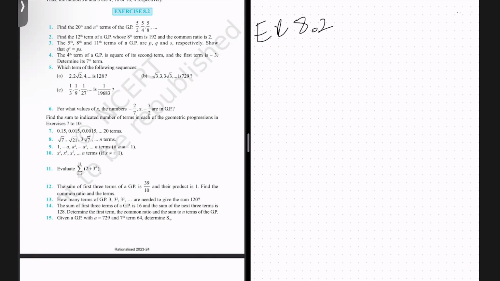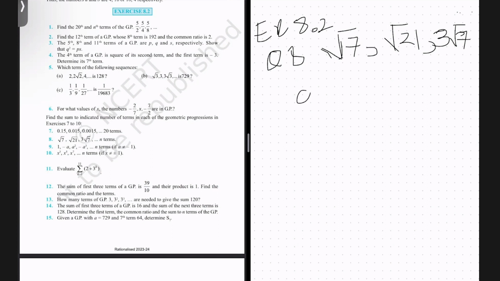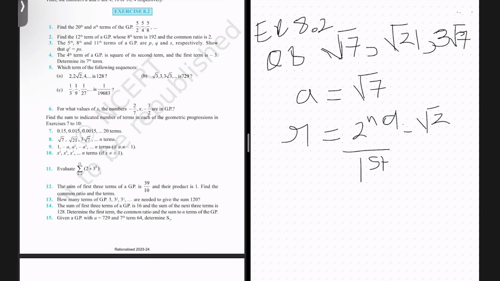In the 8th question, you have to find the sum to n terms in the geometric progression root 7, root 21, 3 root 7, and so on and so forth. So first, let us see what is going to be the first term of the GP. That is very obvious to us all. That is root 7. Let us find out the common ratio of this GP. Common ratio, again, second term divided by first term, and that is going to be nothing but root 21 divided by root 7, and that is nothing but